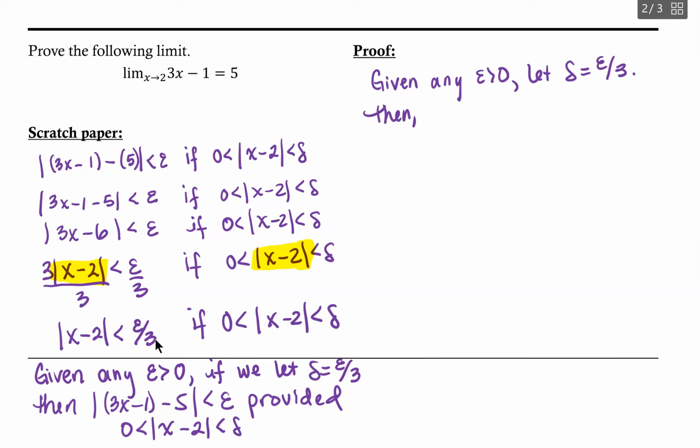Then if 0 is less than the absolute value of x minus 2 less than delta, that is, if we choose x values that are a distance less than delta from 2, it follows that